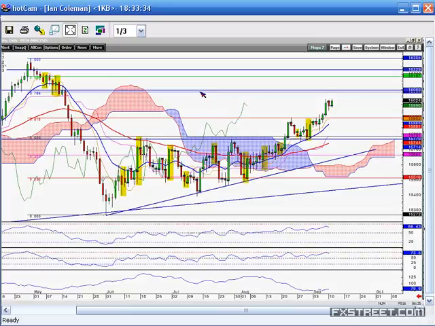If I put too many oscillators, indicators, I mean my charts are pretty crowded anyway. But if I put too much more on there, then I'll always have a reason why I think the trend is going to change, and I'll always be looking for reversal patterns instead of continuation patterns. So I try not to